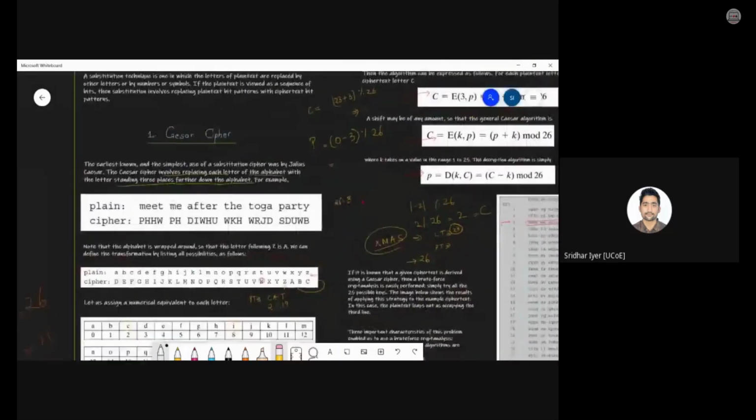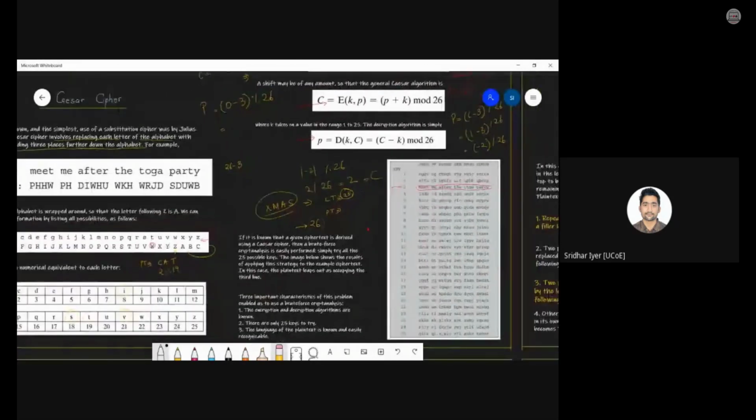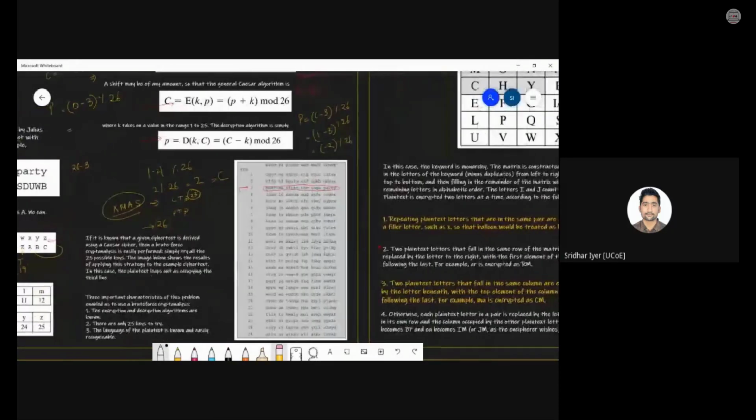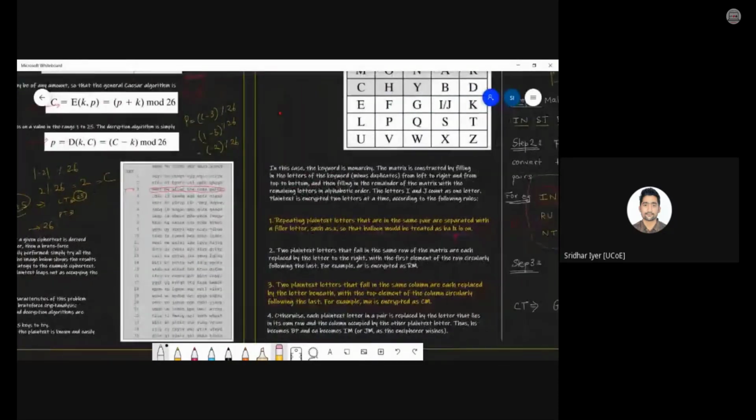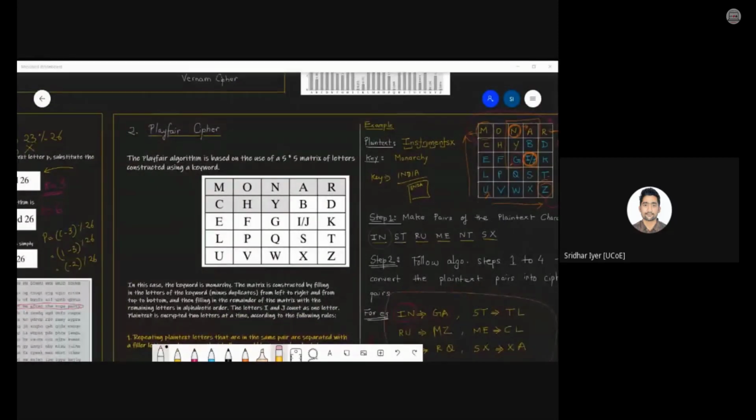I spent a lot of time on Caesar cipher because this is one of the most basic kinds of ciphers, so it should be crystal clear. If you have any doubts regarding these two ciphers, that is Caesar cipher and Playfair cipher, I can revise it once quickly within 2 or 3 minutes if you want, or else we can start with today's lecture. I guess still people are joining in, so let's wait for 2 minutes. If you wish, you could ask any questions you have in mind regarding these two ciphers.